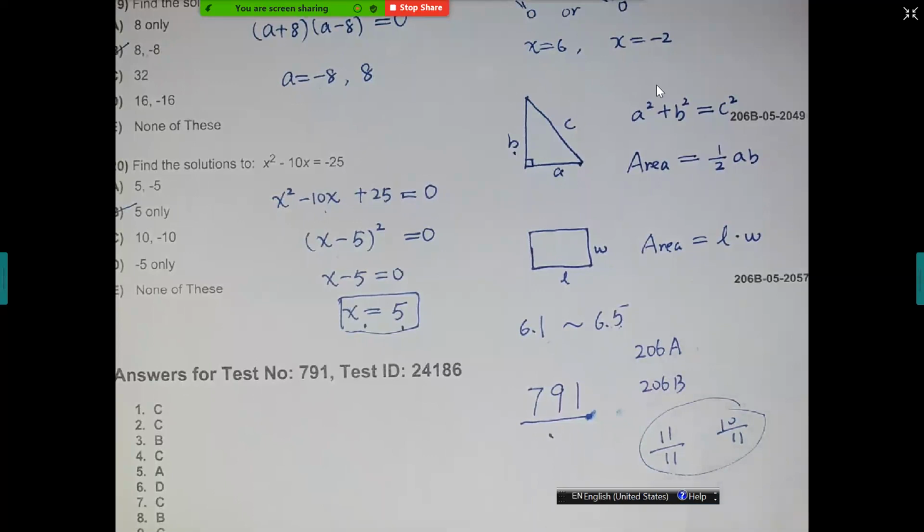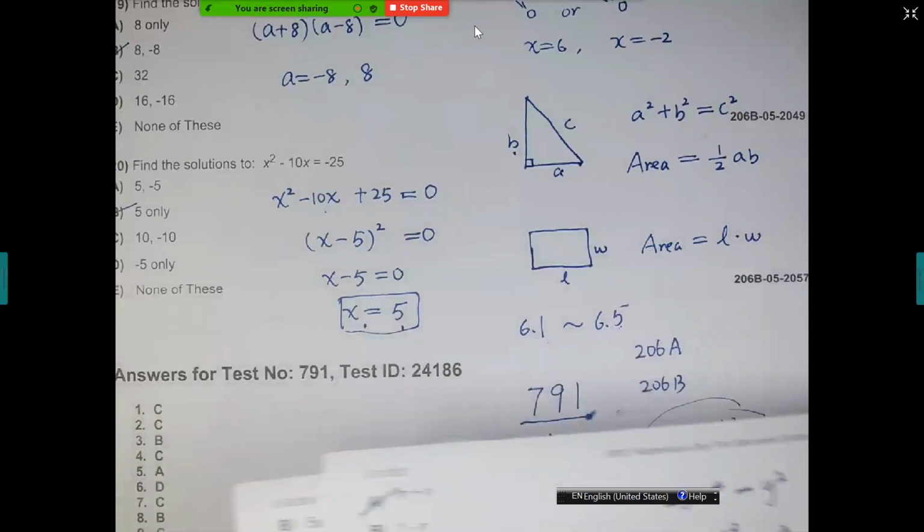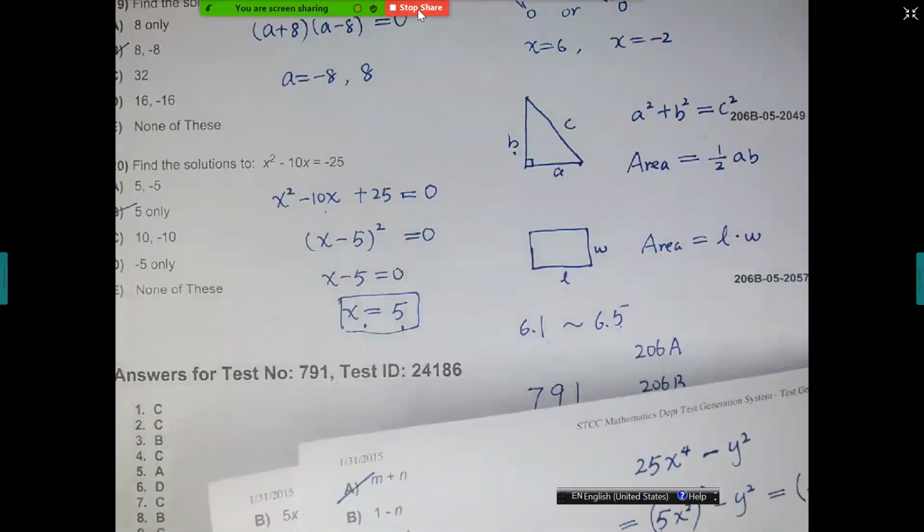Things will be a little bit more complicated in the coming chapters. Chapter 7, Chapter 8, they're all based on what we learned in Chapter 6. This is the foundation for the coming chapters. I hope everyone can catch up, and then we'll move forward at the same time. Okay, so that is the review class for today, and I will stop sharing here. Any questions before